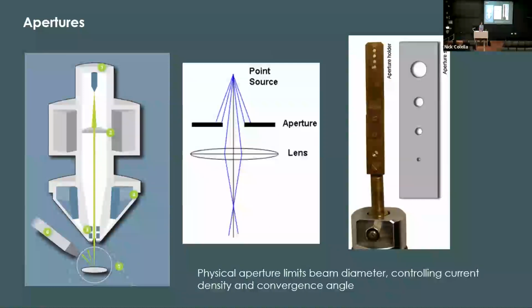We also pass through an aperture at some point. There are typically a few different diameter apertures that we can select for the beam to go through. The larger the aperture diameter, the less we restrict the electron flow, so the higher amount of current we're going to get at the sample surface. High current is good for getting good signal to noise in our images, but it's more likely to cause imaging problems, charging, sample damage, which are things that we'll see and we'll talk about. And it also minimizes the resolution, right?